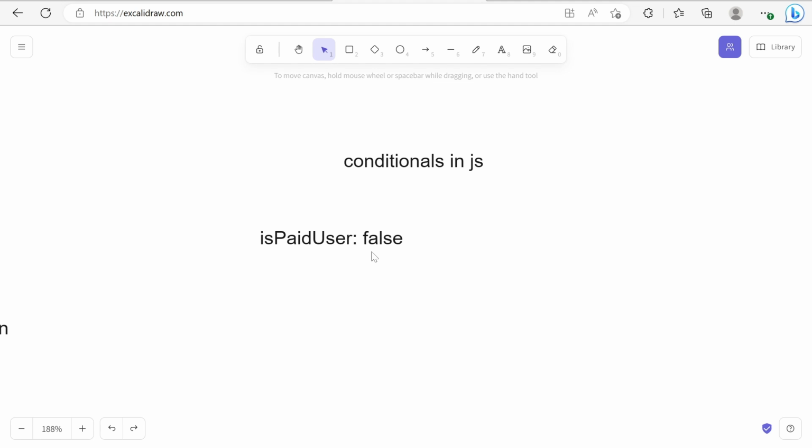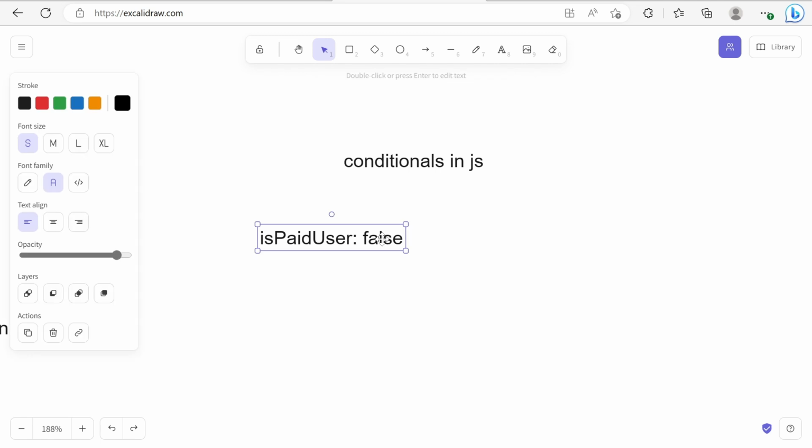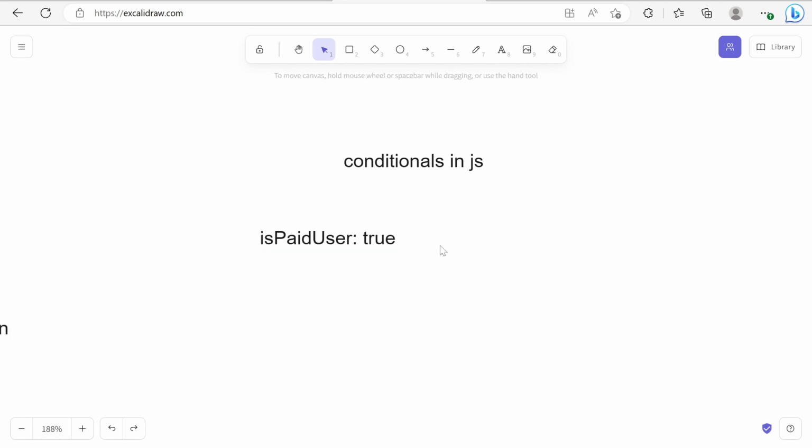If this user is not a paid user, it should give false, meaning he is using the free plan. If I have opted for the paid plan, this value should be true. This flag is what we call a key value pair.